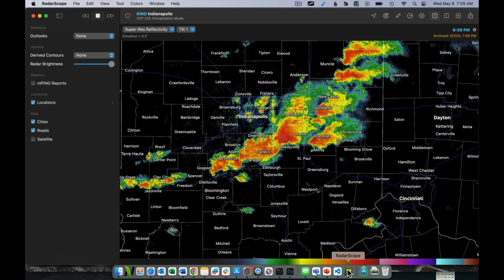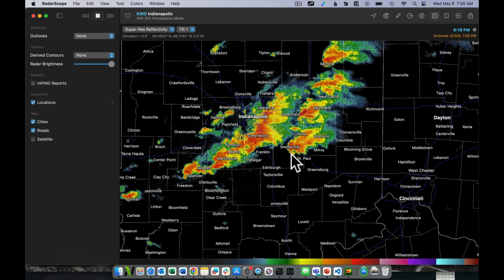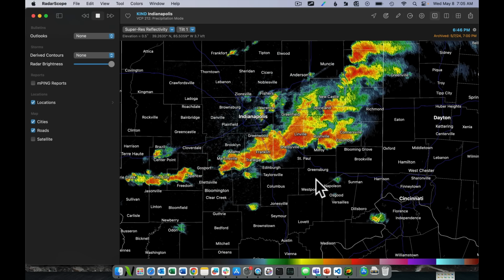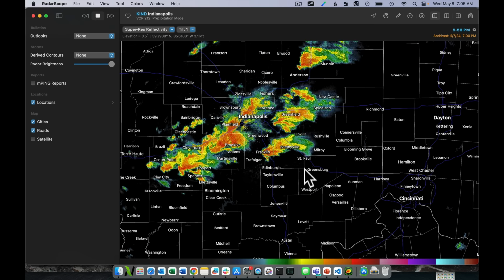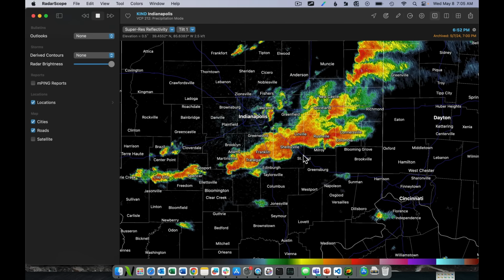So here we are. This is using the Indianapolis radar, which is here. And the storm we're going to be talking about is right there. Many of you probably already can see that this one had a very well-defined hook echo on its southwest side. We're going to focus in on that in a minute. But I thought you might find this